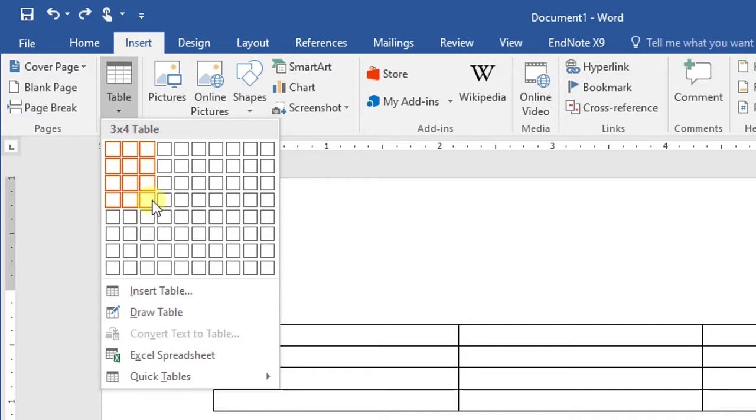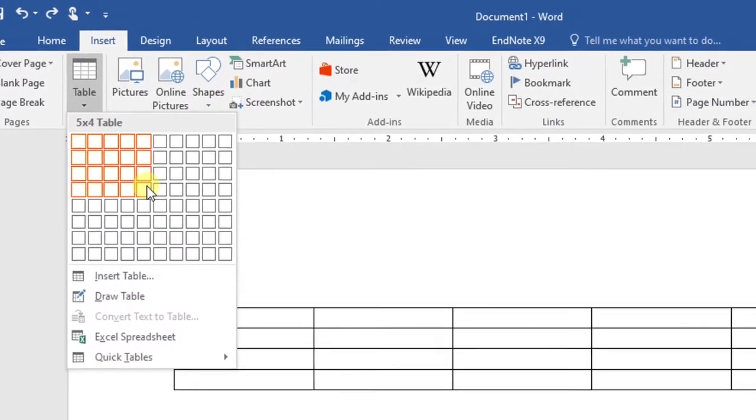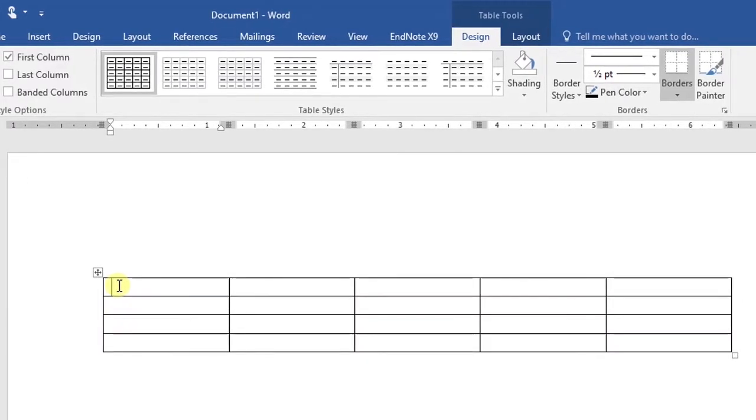Hover over the grid to select the number of columns and rows you want in your table. Click the grid to confirm your selection and the table will appear. To enter text, place the insertion point in any cell and then begin to type the text.